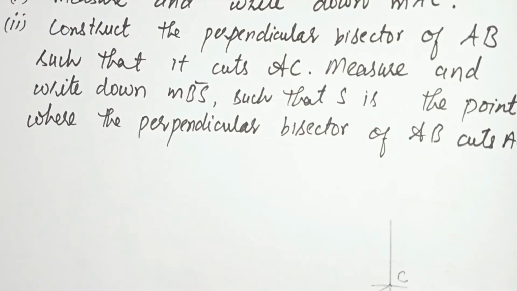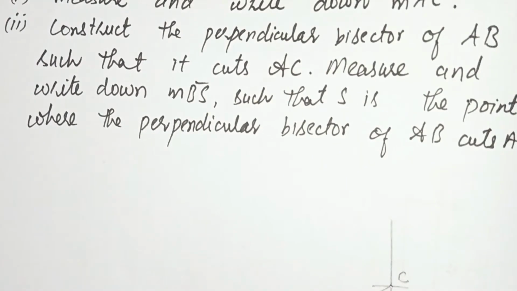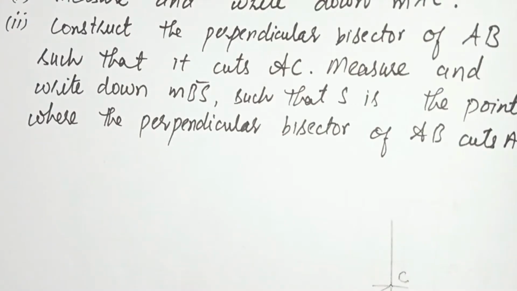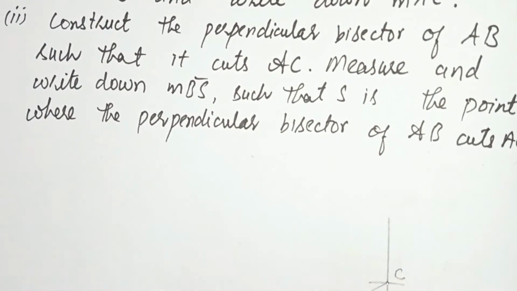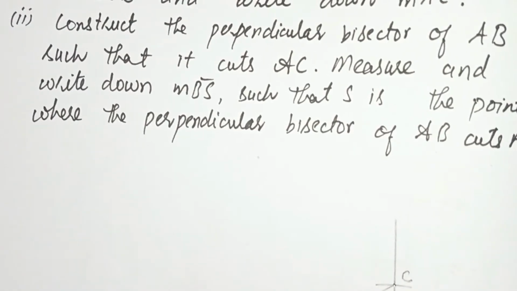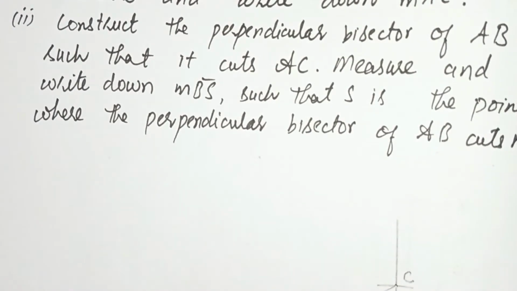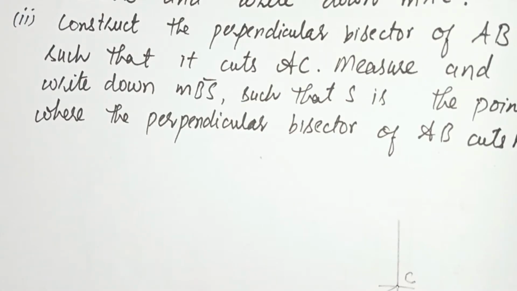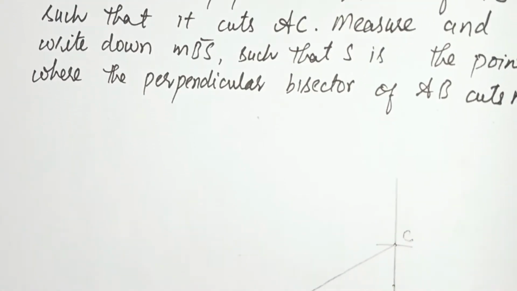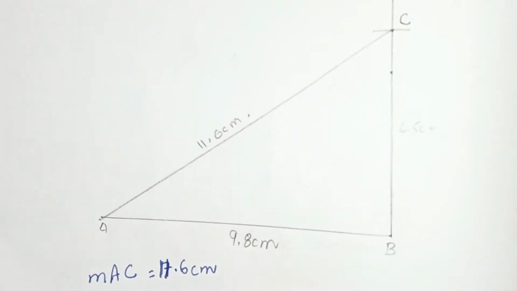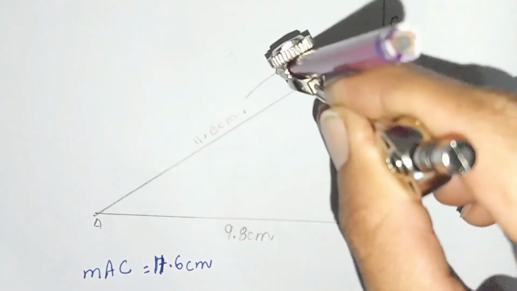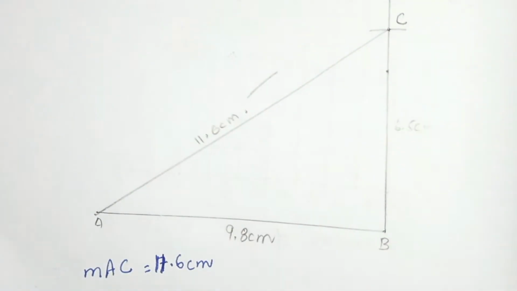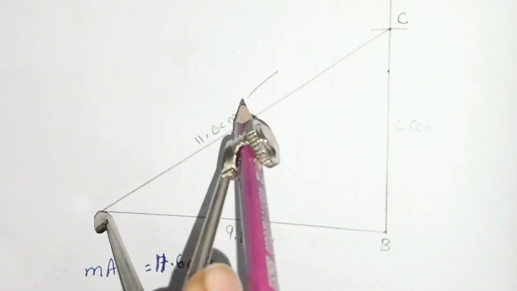Now students, part number B, construct the perpendicular bisector of AB such that it cuts AC. Measure and write down the BS. That S is a point where the perpendicular bisector of AB cuts AC. Now we have to draw the perpendicular bisector of AB. We have to open the compass more than half, then draw the arc on both sides, placing at point A and B,